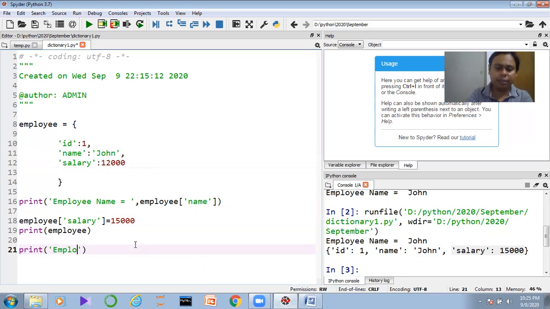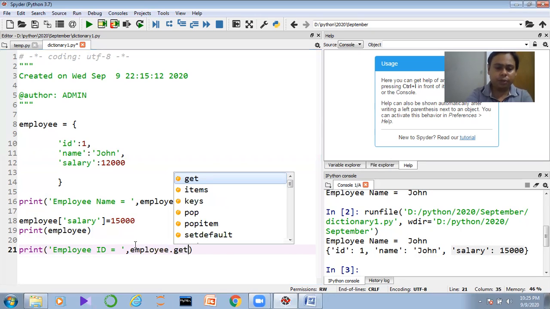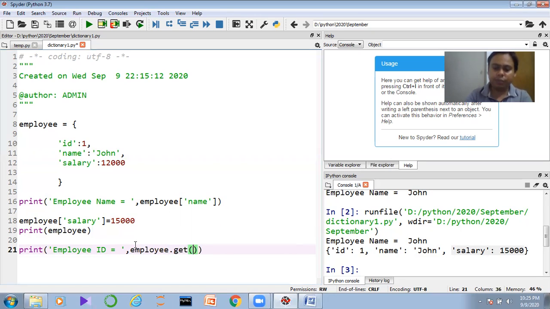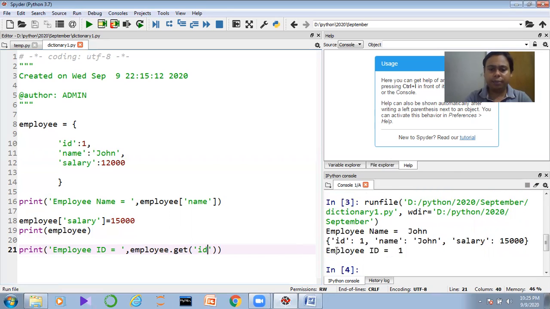So I write employee ID, and I define it like this: employee dot, I am calling the get function. The get function takes this ID as a parameter. I am executing the code, and after that I am getting employee ID equals to 1. So guys, we are able to fetch the data through the get function.